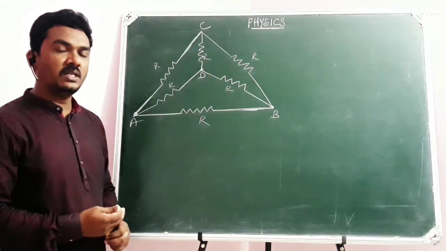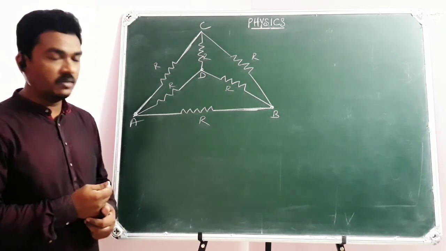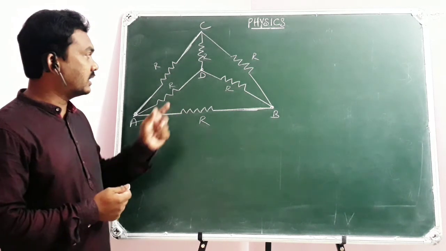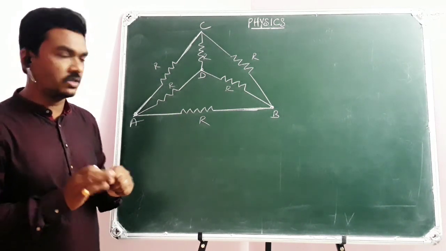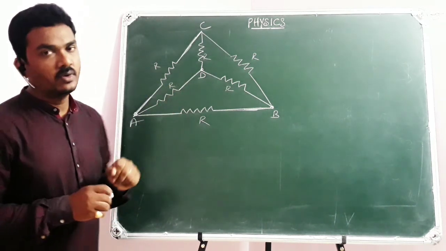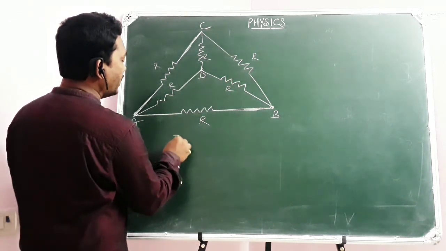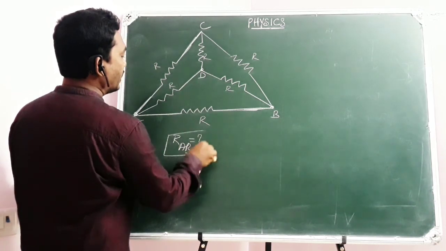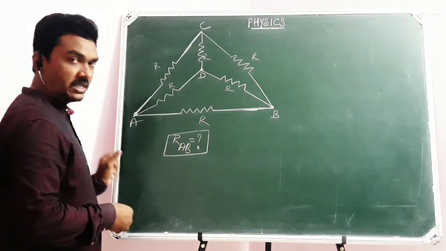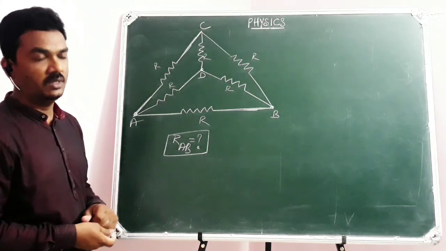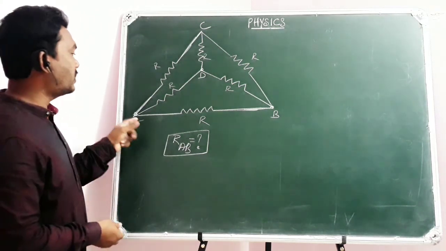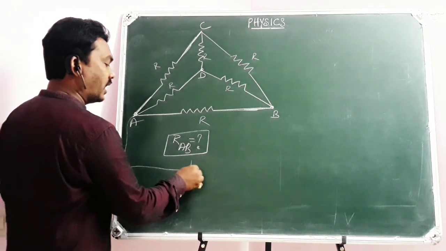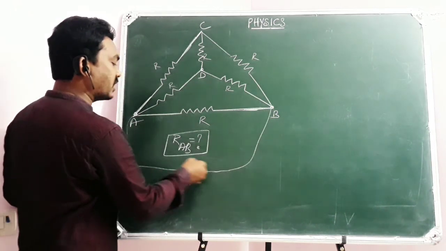Yes, here there is another numerical application. Once you see, all identical resistors are connected in this electric circuit, each of resistance R. Now my point is that calculating the equivalent resistance across AB is the question. When you wish to calculate the equivalent resistance across AB, suppose a cell or battery is connected across